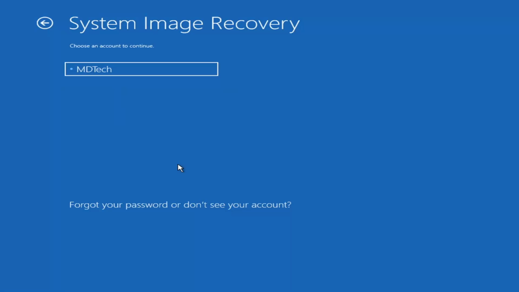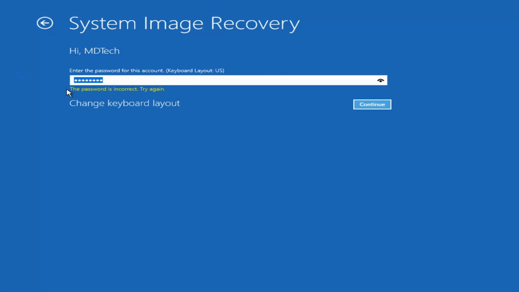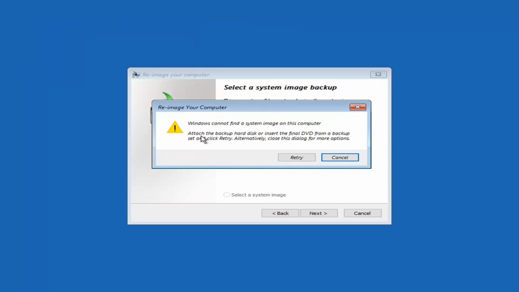or DVD of a backup, you're welcome to do that. It's more common if you had an older version of Windows, like the Windows 7 backup and recovery option. Not as common, most of you guys probably don't actually have that here, but I will just go ahead and type it in, select continue. Actually, I think I don't even have a password on here. And anyway, you can see there's no system image on this computer, and if you had a backup DVD or